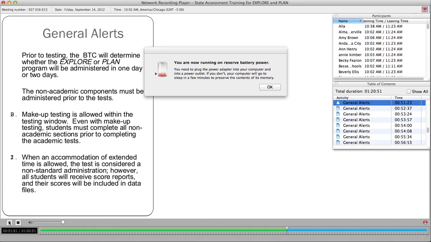Prior to testing, the building test coordinator will notify the system test coordinator and train all of her or his room supervisors and proctors on